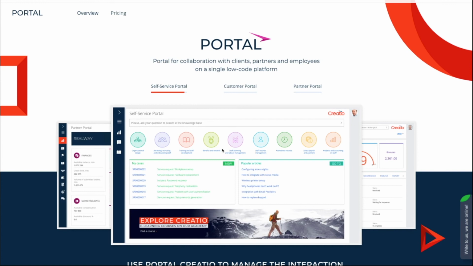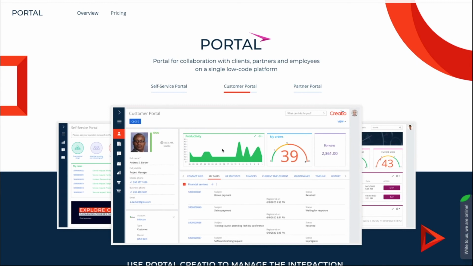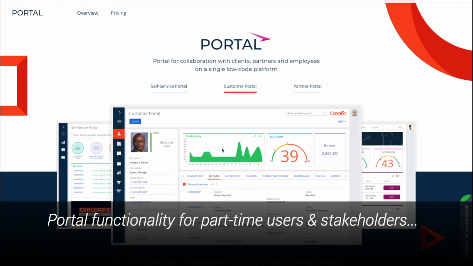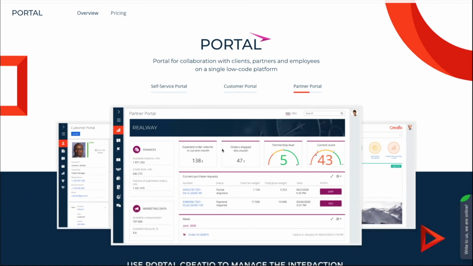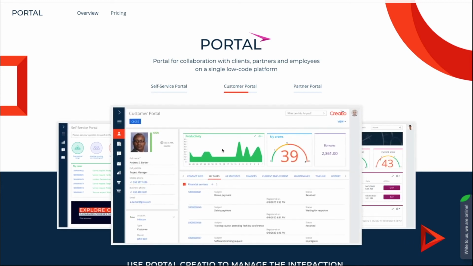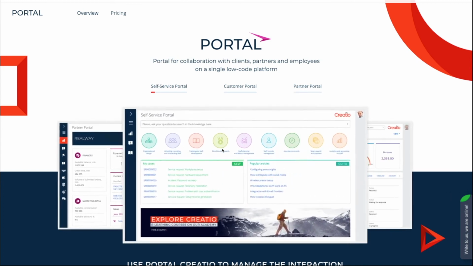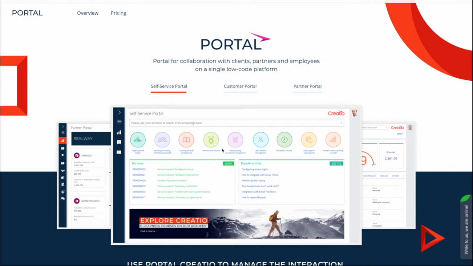That's the conclusion of the overview of the functionality in our pre-configured application on the Creatio platform. What we're looking at now is the portal functionality. Obviously, in program governance, we have many different types of groups or teams that need to be engaged and informed in what we are doing. The Creatio platform offers 3 different types of portals to make it easy for those teams and groups to be involved in the project and the workflow and the reporting at the levels that are appropriate for them.